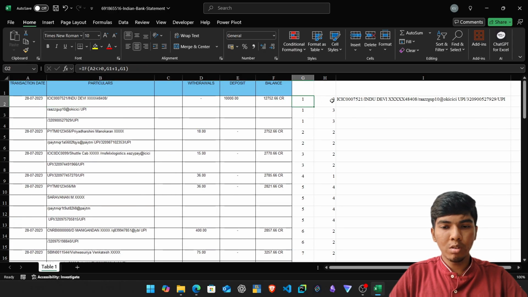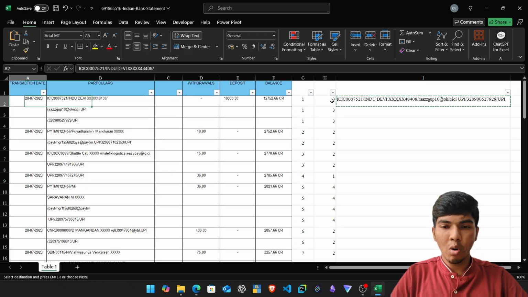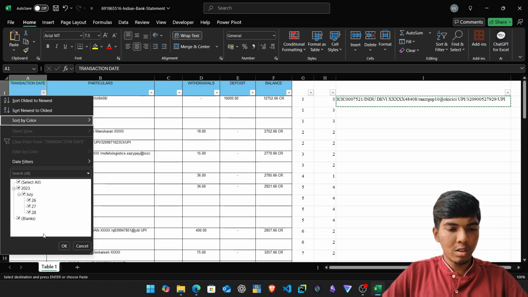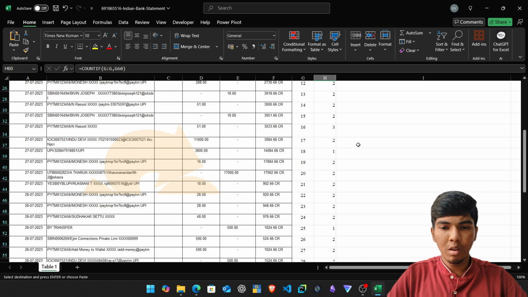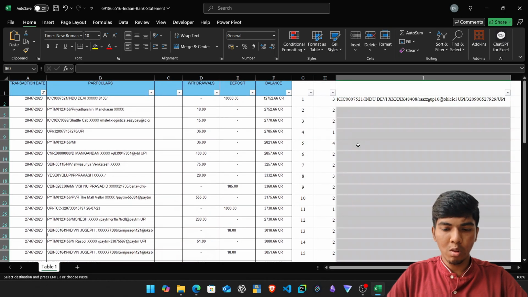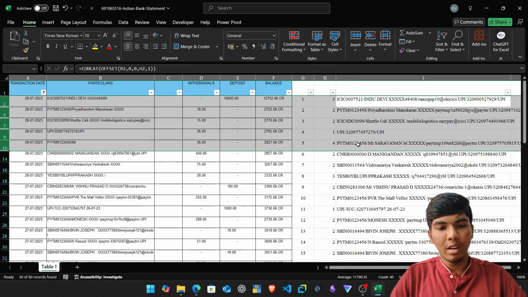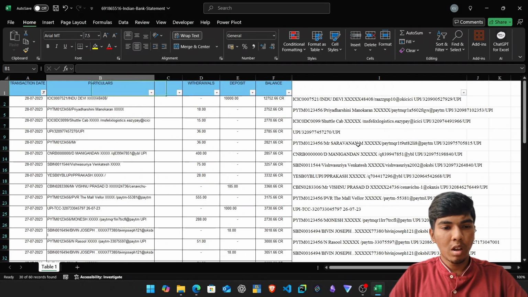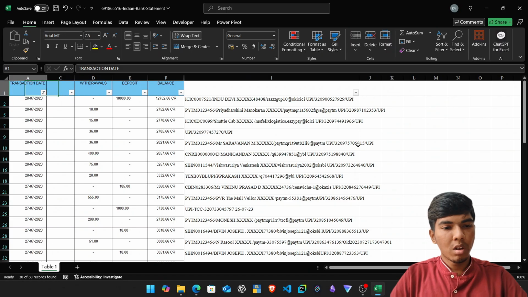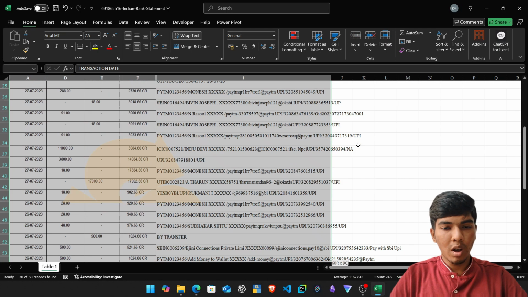And now I want this formula for every date. As the date is the delimiter, I'll just copy this, filter the dates only and remove the blanks in the first column, and just paste the formula. So now basically I have summarized the data here. Now what I can do is hide these formulas and also this narration, and I don't have anything in this column, so I'll just copy this,